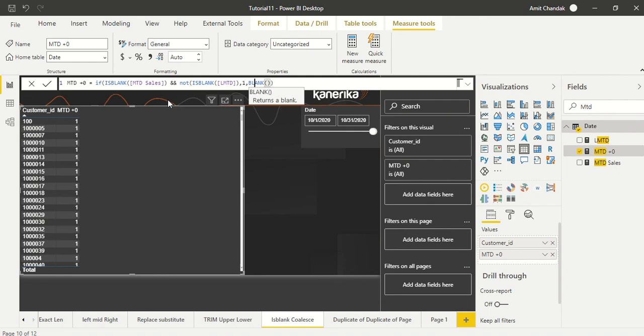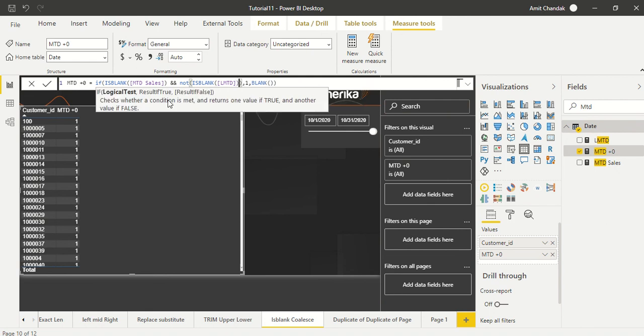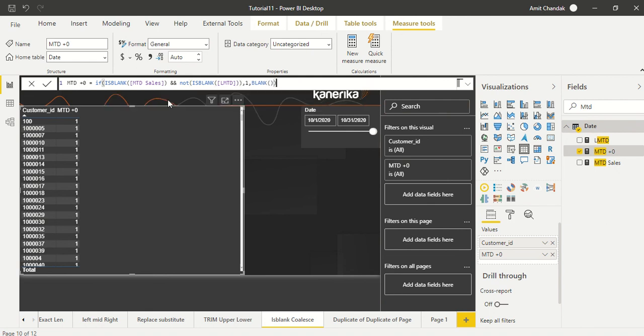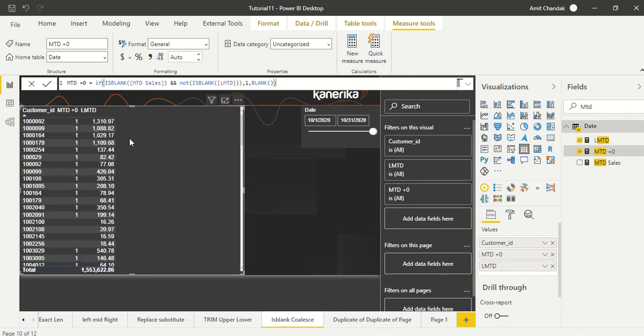I think we have closed one bracket less. Now we should be fine, we have closed the parenthesis. Now this is going to give us a different result. To understand this result, we need LMTD also. Fine. So you see that wherever LMTD is there, it is having 1.